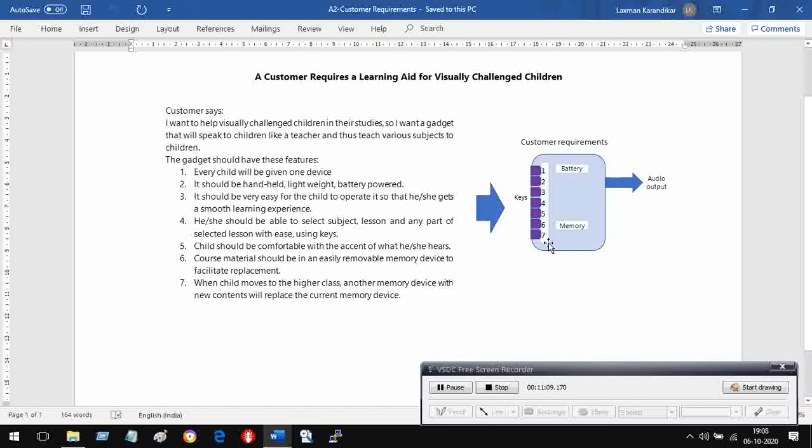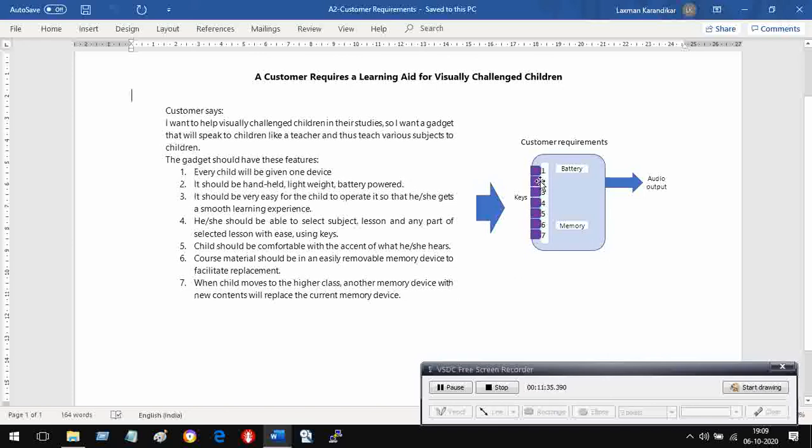If you look at the picture on the right, you will see a way of putting customer's requirements. He wants keys, so we are having keys. This number is tentative, 1 to 7. But if you look at conventional way of navigation, you need 4 keys for navigation, at least 4 keys.